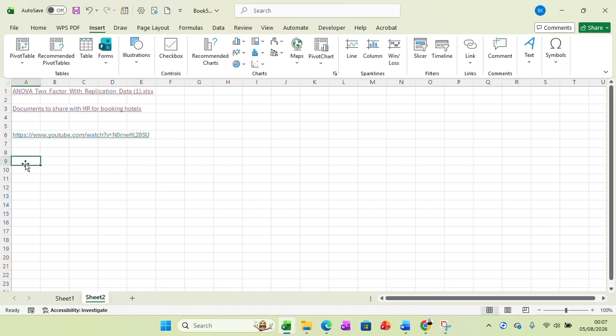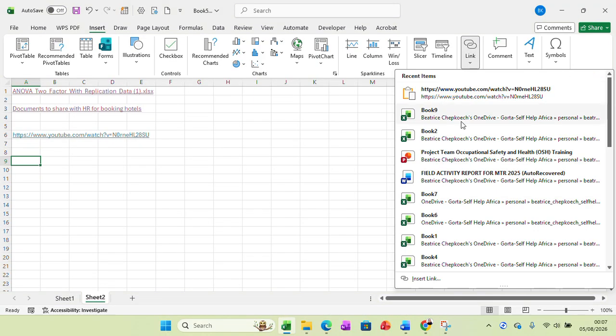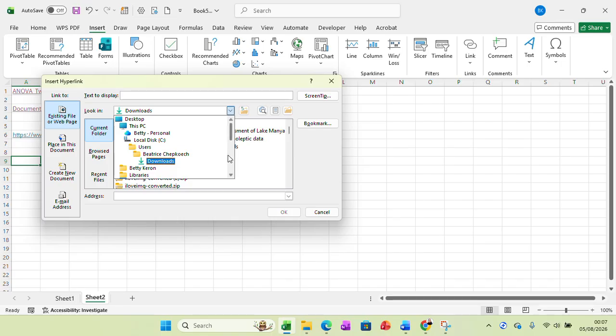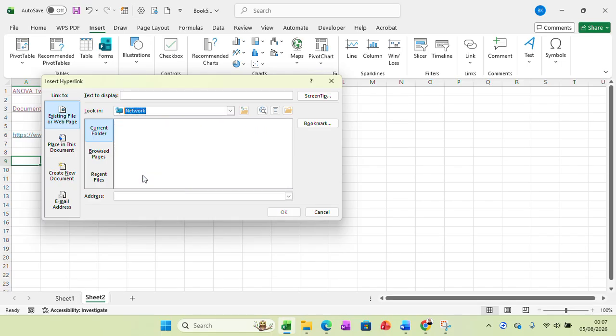So you can attach the link for the document saved in a laptop, and also you can attach the link for the online document by doing this. Searching for where to look in the network. So